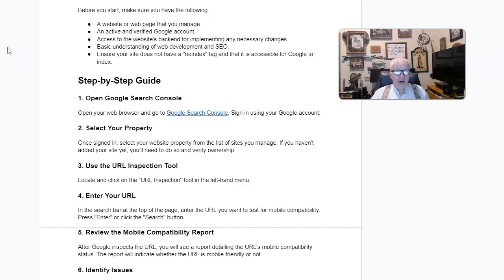On the left, you're going to see the URL inspection tool. Okay? So select that, and then in the top right on your desktop, you're going to see a box, and you put in the URL that you want to inspect. That's why it's called that. So you check it out and run the compatibility report, look through it, and see which things you've got to